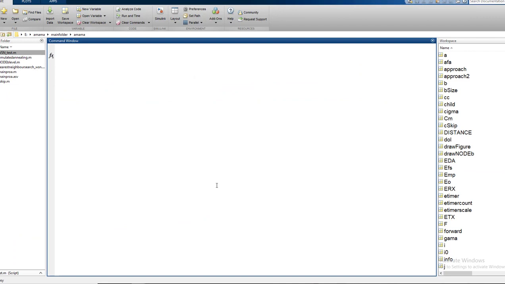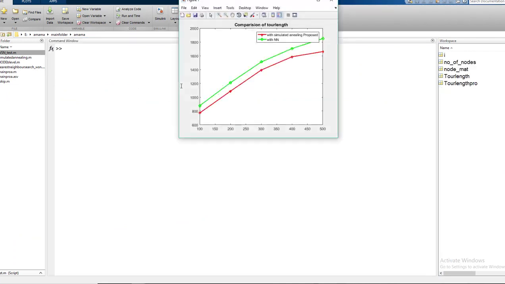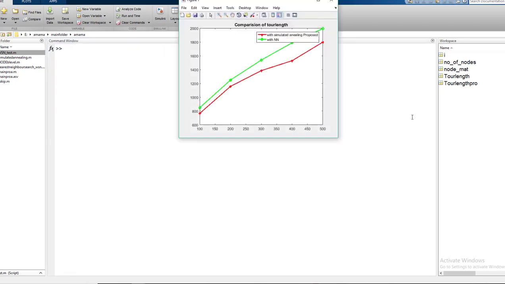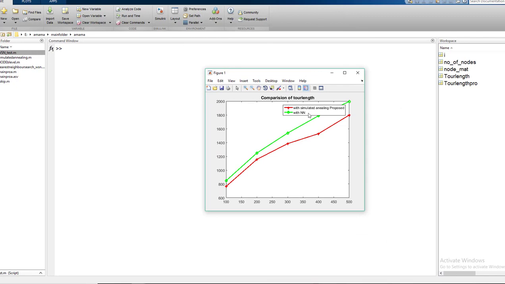Let me close all the figures. Just a second guys, close all, and then I run the program again, and then I obtain the graph. So guys, this is the output I obtain when I compare the tour lengths of simulated annealing and nearest neighbor search.